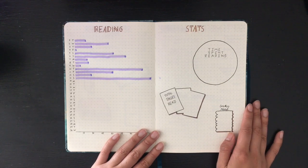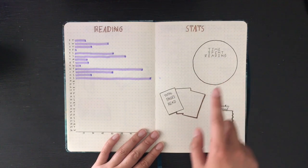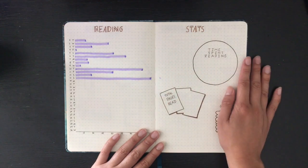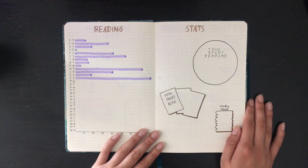I'm going to add up my total time spent reading, total number of pages read, and the total number of books read. I want to track a few more stats, but I'm not exactly sure how I want to track that or what I would like to track,